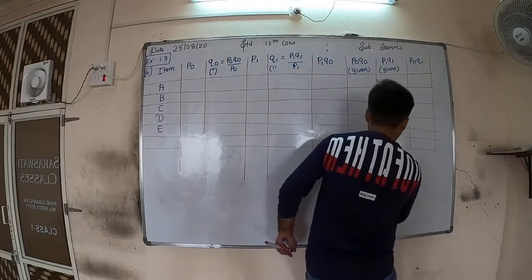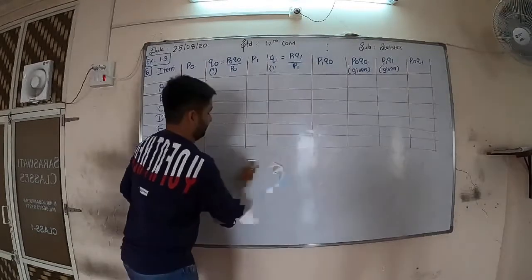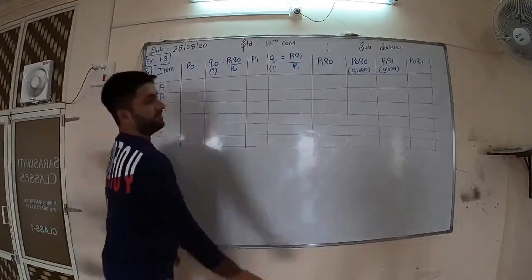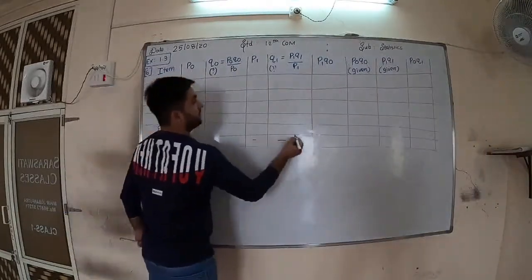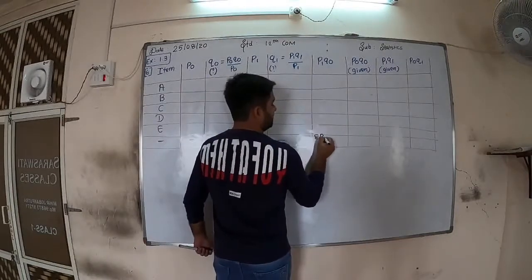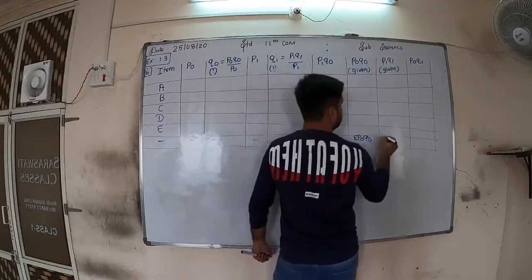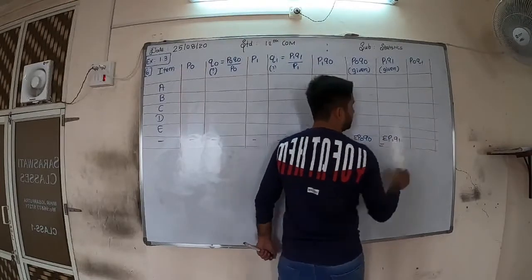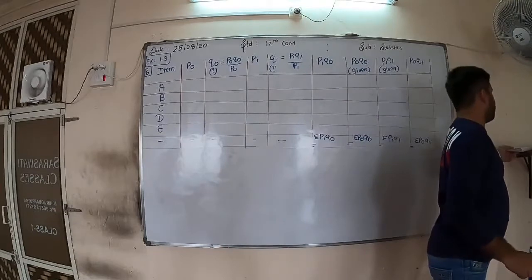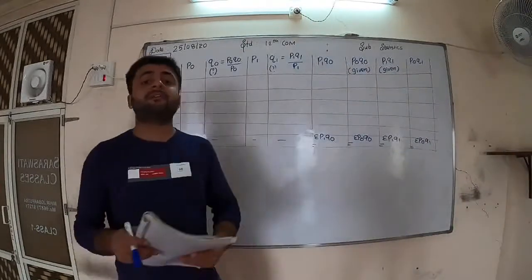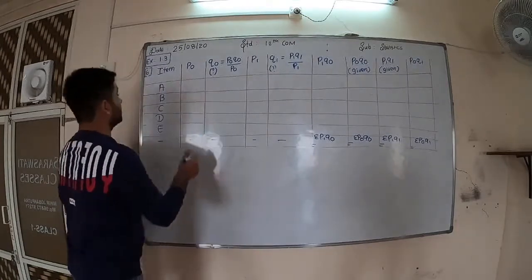So this is the formation of the sum, friends. Now in this formation, which columns' totals are required? You should write: Sigma P1 Q0, Sigma P0 Q0, Sigma P1 Q1, Sigma P0 Q1. Now you should write the original data provided in the question, but very carefully. No mistakes are allowed.